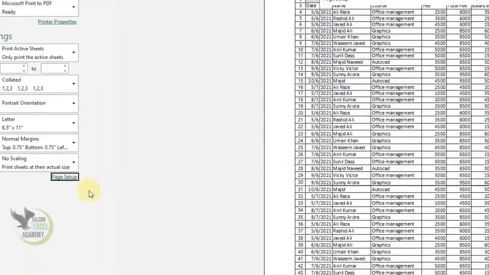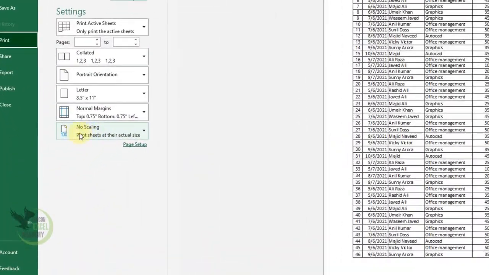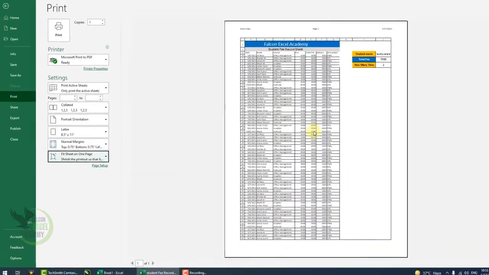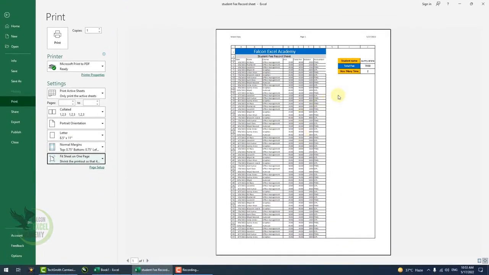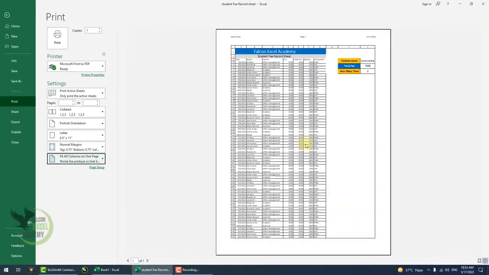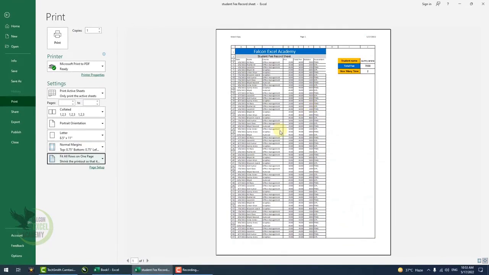Next, suppose your data is spilling over from one page to another. For that, what you need to do is go to page setup, or you can do it right here. When we click on print, you see the command here, no scaling. Here you have options like fit sheet on one page. When you click on one page, all your data, whether it's spread over 3 or 4 pages, will be adjusted onto a single sheet. If you click on fit all columns on one page, then all your columns will fit onto one page. Similarly, if you click on fit all rows on one page, then all your rows will fit